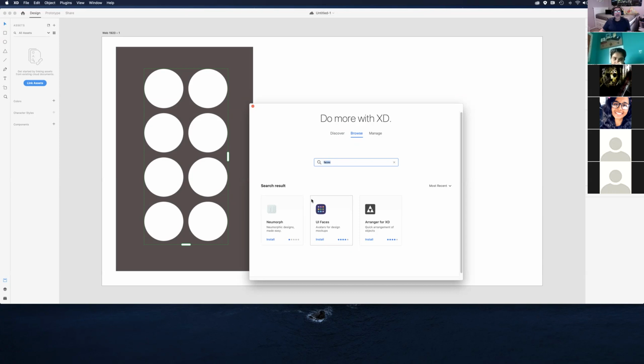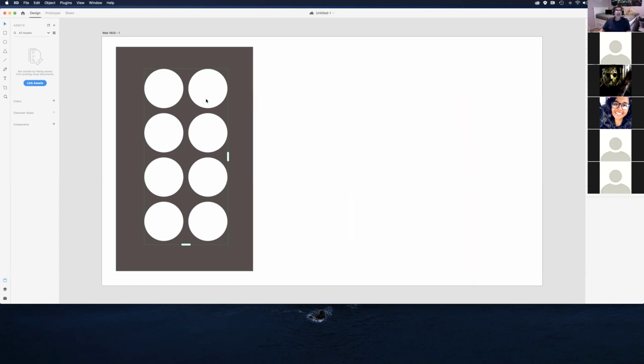Of course, if you want to use a plugin, you will have to install it. So I'm just going to click on install. Okay, so it is that quick. Plugin installed. So I can close this window now. Let's go and see if the plugin is available over here. So plugin UI Faces is available. If I go over here and open the plugin,